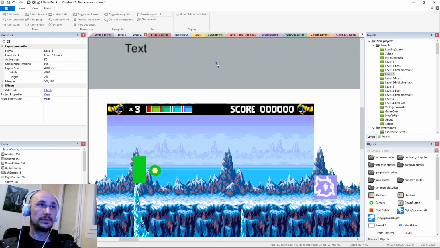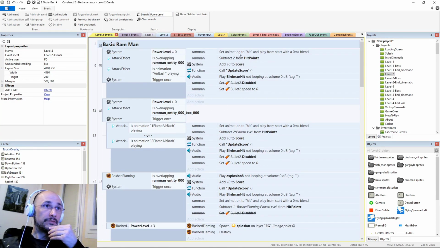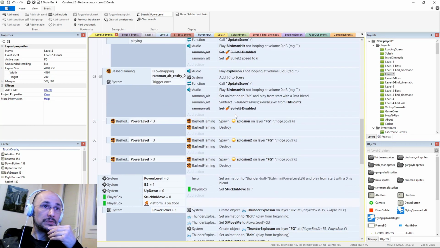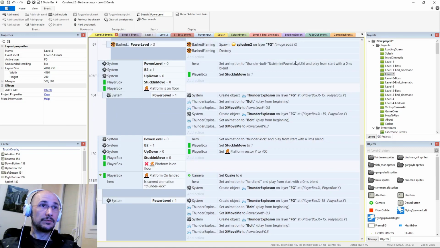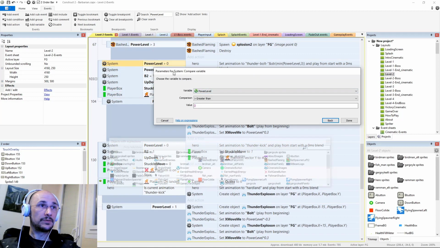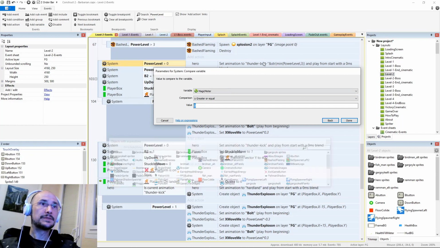Level 2 and power level. So we're just looking for the actual triggering of those animations. All right, so Thunderbolt, this is one of the specific ones. So right here, we need to add a stipulation. We'll just copy this and edit it. So we're checking global value magic meter is greater or equal to, and this is for Thunderbolt,